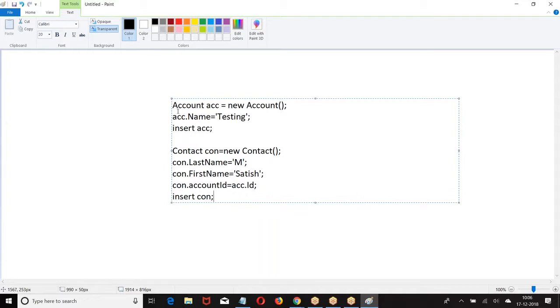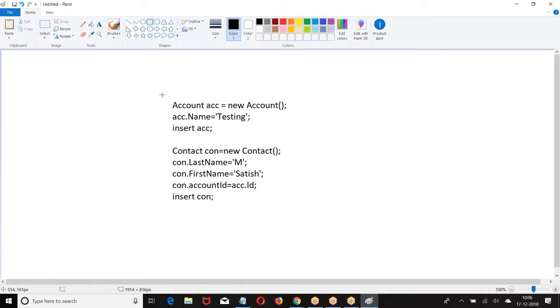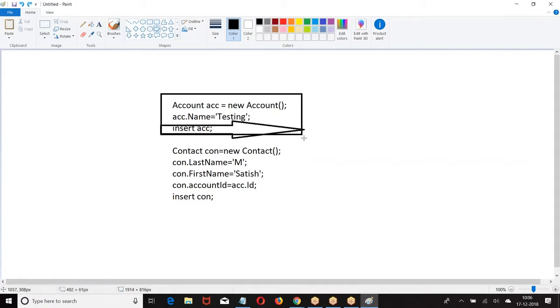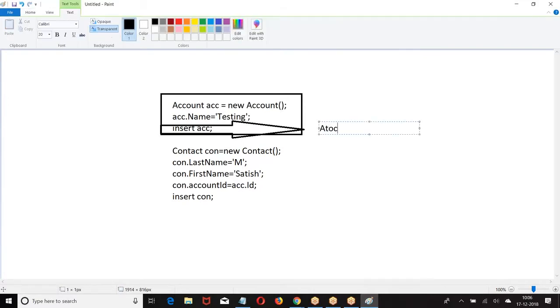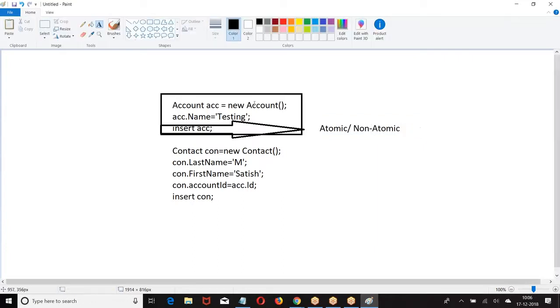Okay. Now, if you look at this, what is this? When I make every DML statement, is this DML statement atomic or non-atomic? Every statement we say atomic or non-atomic.